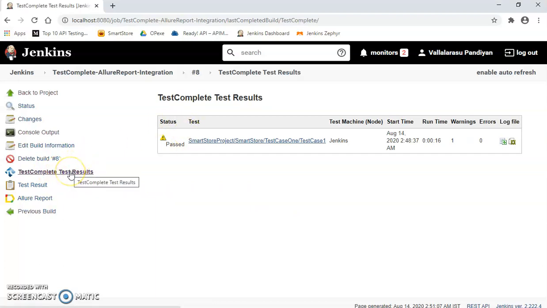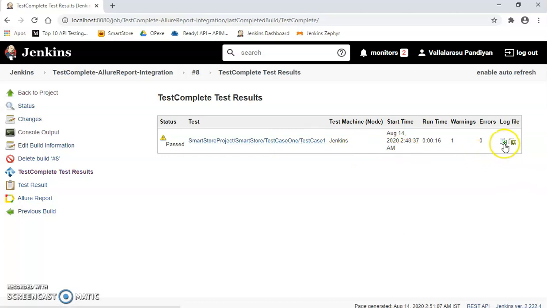This is primarily from the TestComplete plugin. Even if we don't have the Allure report, with the TestComplete plugin we will be able to get this report. Here it is showing the status as passed. This is my project suite, my project, my test case 1 unit, and this is the routine of the test case.